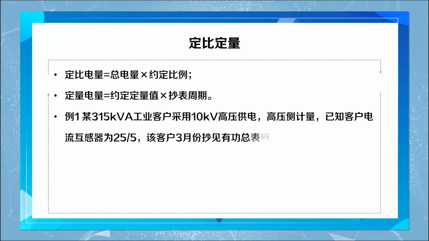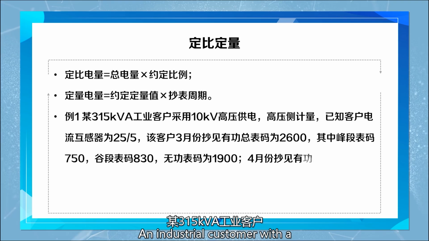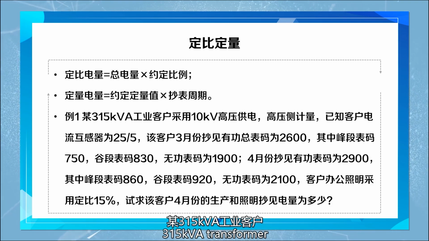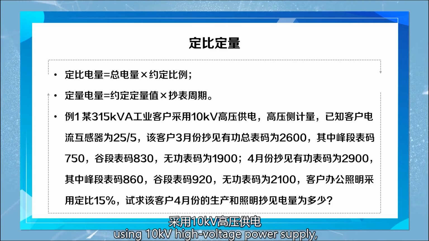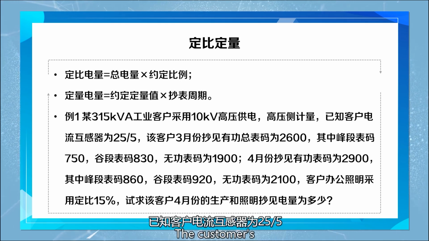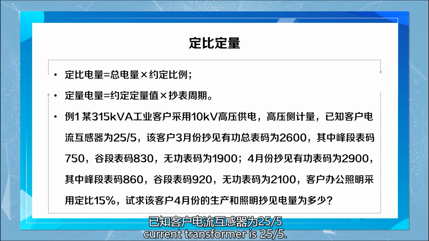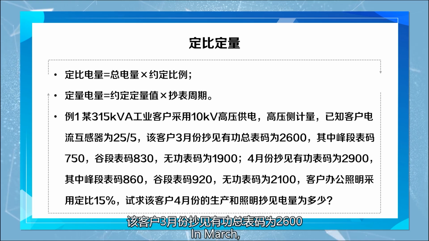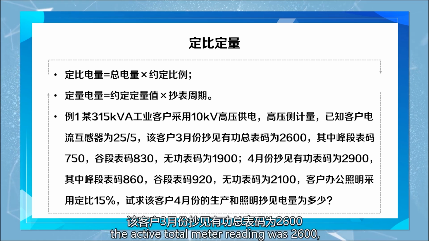Example 1. An industrial customer with a 315 kilowatt ampere transformer using 10 kilowatts high voltage power supply, measured on the high voltage side. The customer's current transformer is 25 divided by 5. In March, the active total meter reading was